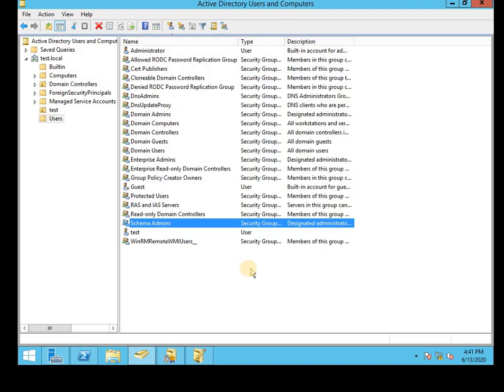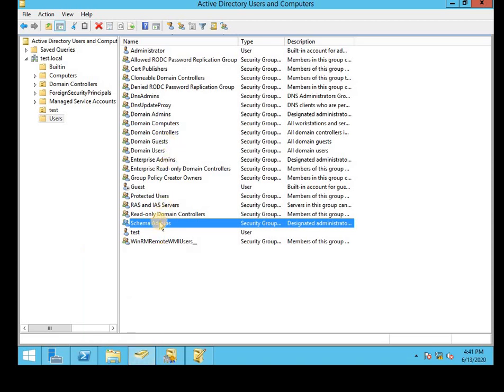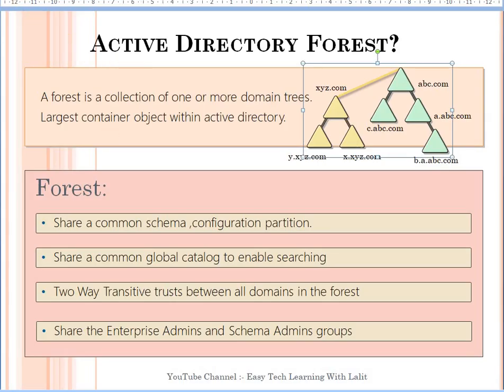Okay. So these two groups, enterprise admin and schema admin, are forest level, or we can say root level groups that will be shared in the entire forest, irrespective of how many domains there are, right? Okay, so